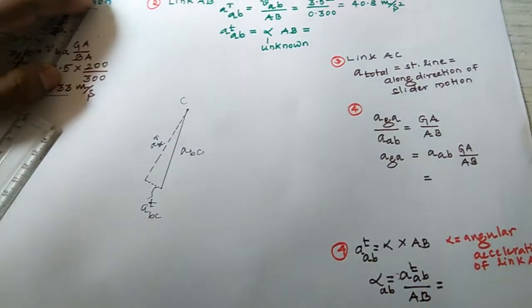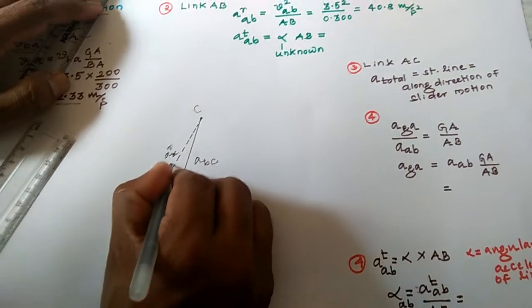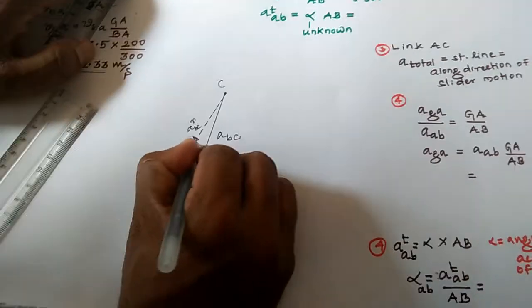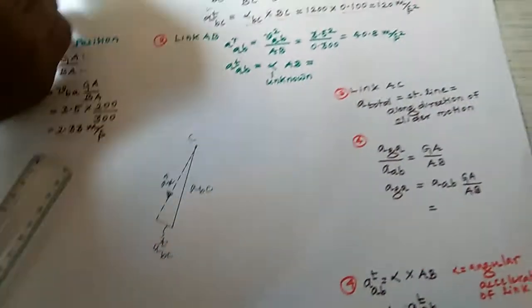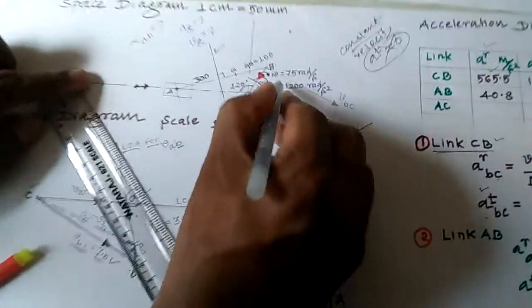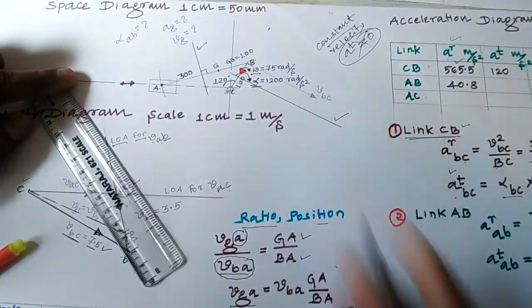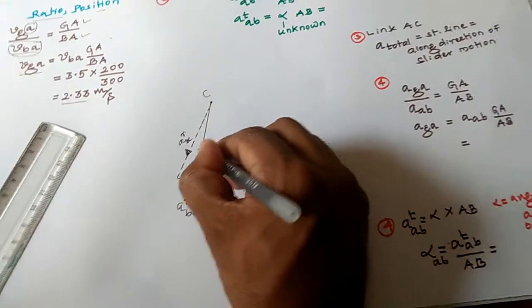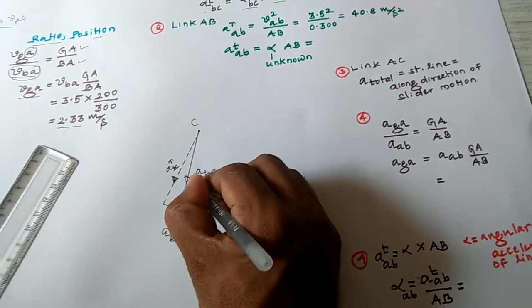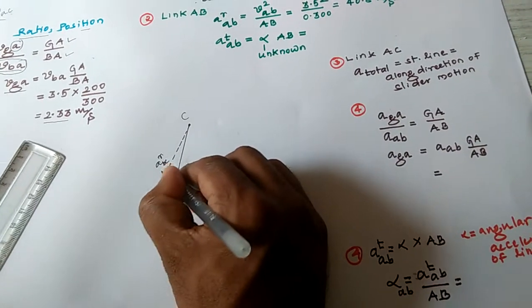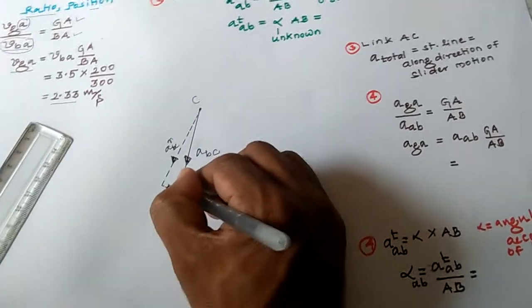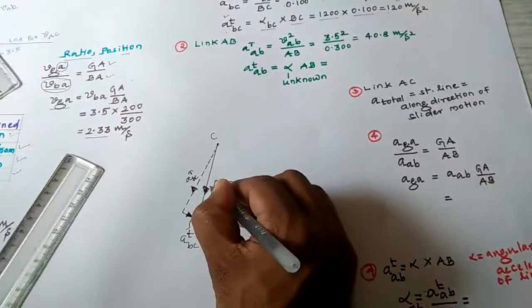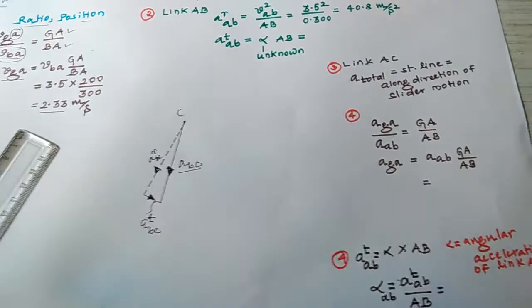Okay, you have to go for the direction. It is a radial acceleration in this direction. Tangential, once again, how to find the tangential direction using this omega and alpha. It is a clockwise direction. You have to write it this way. Okay, the resultant will be in this way. You find it. Both radial and tangential are along the same direction. The total acceleration is opposite to that one.